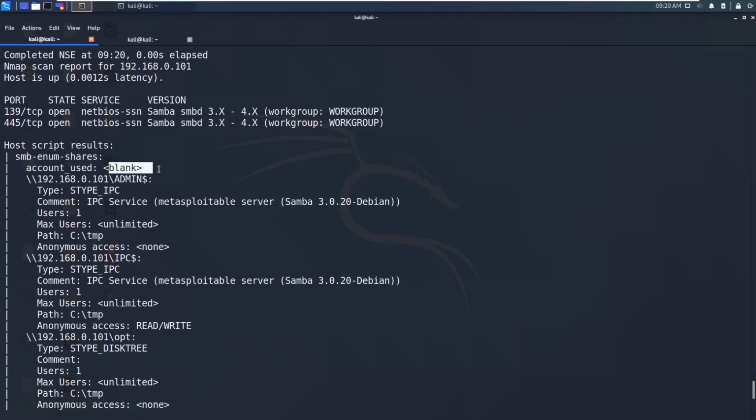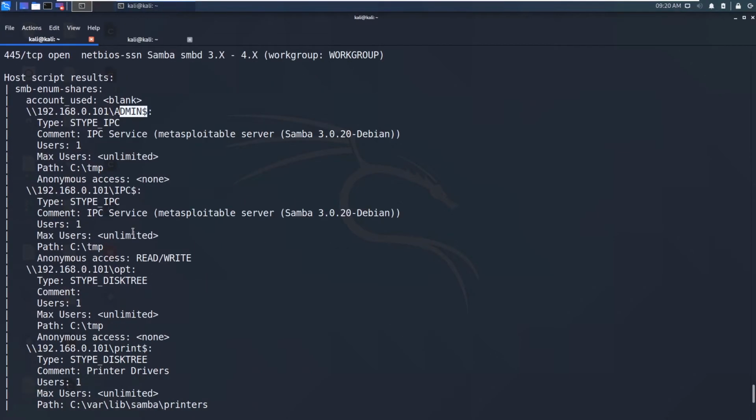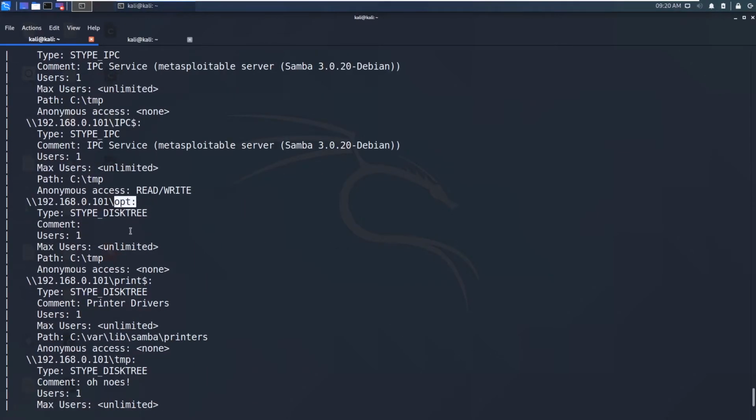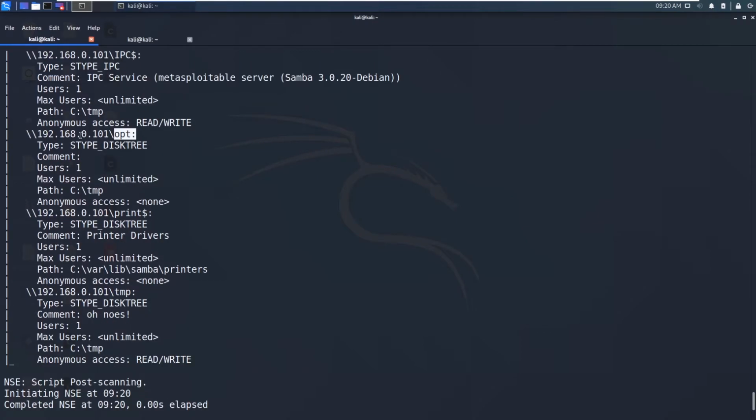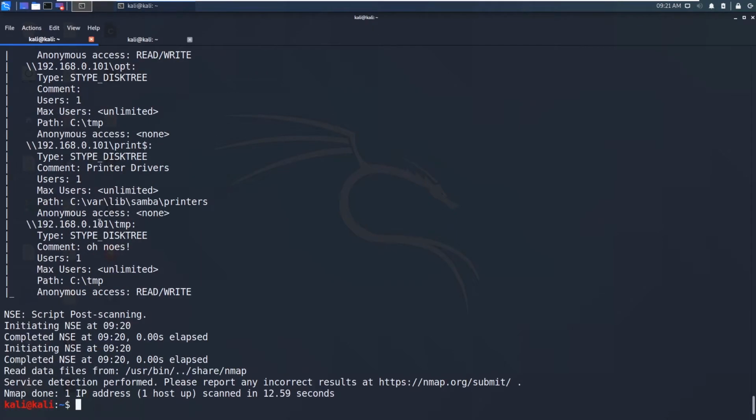Account user blank, that means anonymous login is allowed. We can see admin$, this is the admin share, and IPC$, and you can see opt, and also the absolute path, the print$, which is generally used for printers, and you can see there is a temp folder that is also being shared, and it has the comment "oh nos".